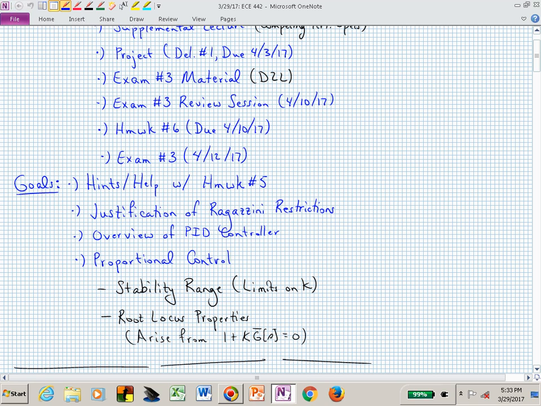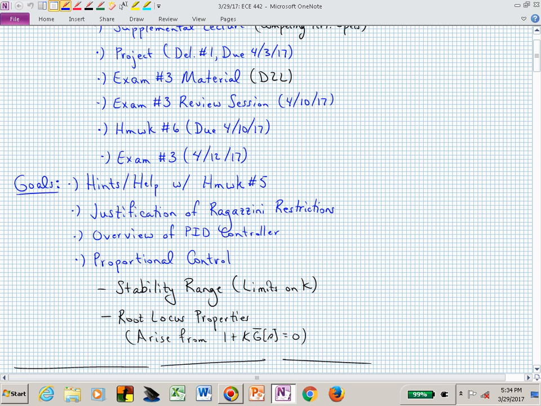And last time we saw that 2 wrongs can make a right. We started with an unstable plant. We designed an unstable controller, and that combination in the closed-loop feedback provided us with a stable closed-loop system. So 2 wrongs in that sense can make a right, if you consider a controller by itself wrong, but that's just the terminology we're using to refer to that controller maybe having an unstable zero or an unstable pole.